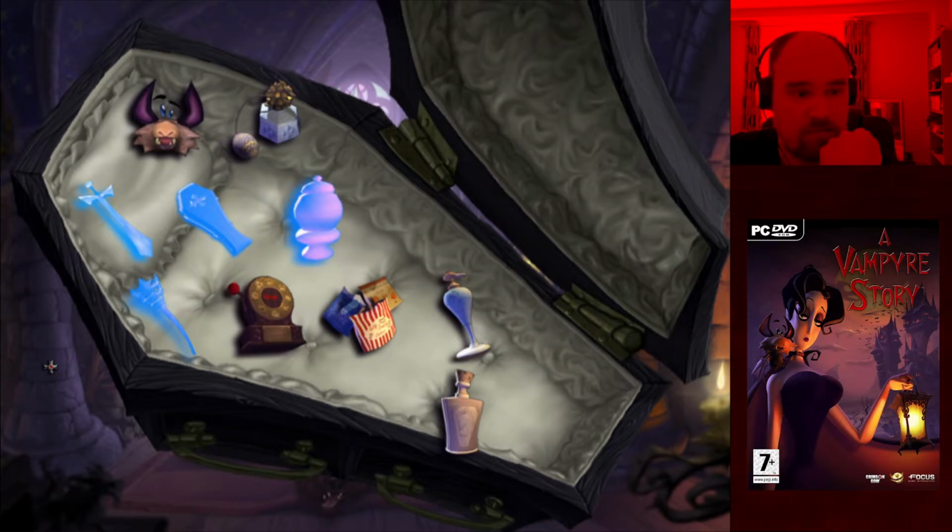Torture chamber, grab mace. Mona's coffin. Take unlit torch.